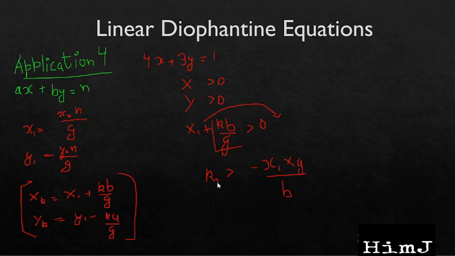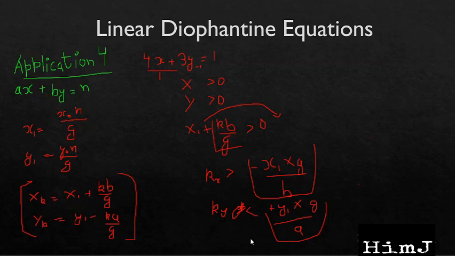So let's say this as kx, ky. This will go into the right hand side, minus y1. Again g will be multiplied, and same goes for a, it will be divided. And finally we have to remove this minus sign, so we will multiply with negative 1 on both sides, so the inequality sign will change. After multiplying by negative 1, this will become positive y1. So now for x to be greater than 0, our k should be greater than this value, and similarly for y to be greater than 0, our k should be less than this value.